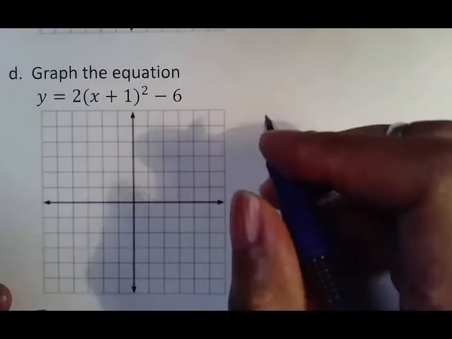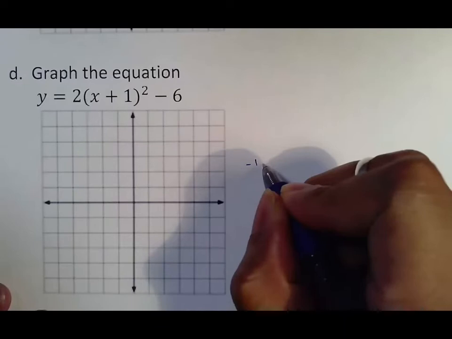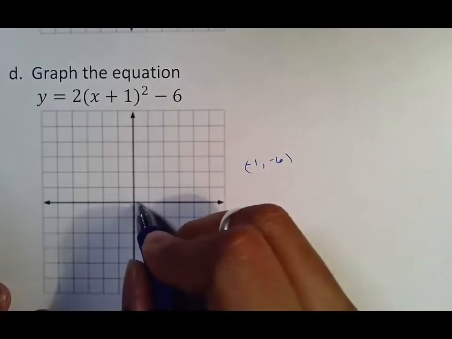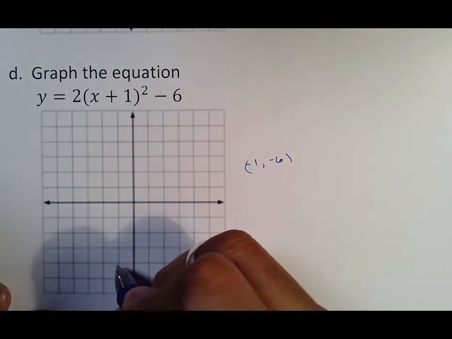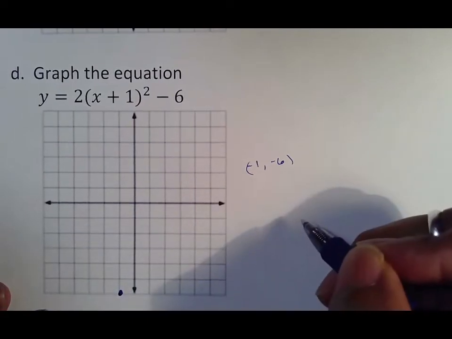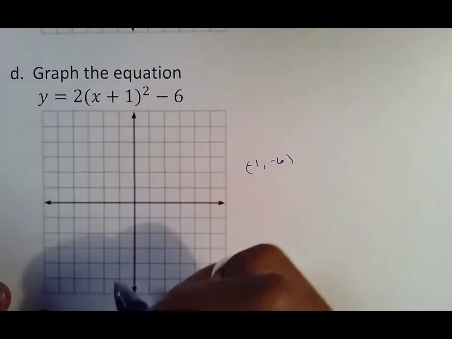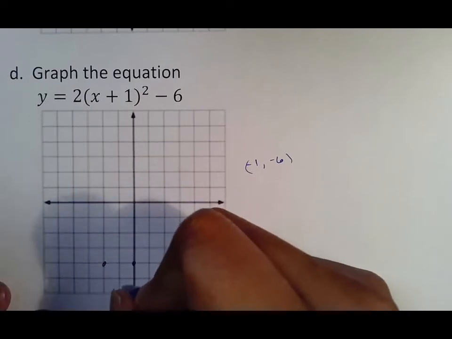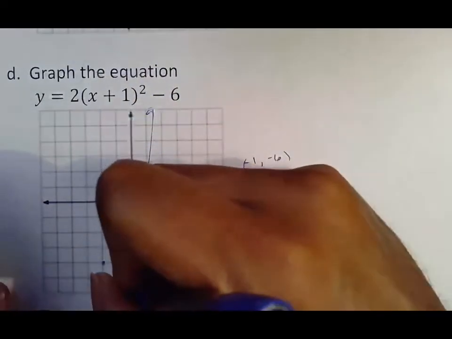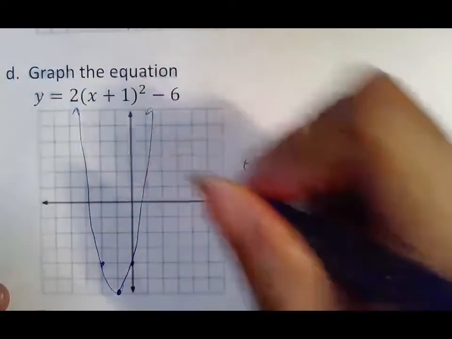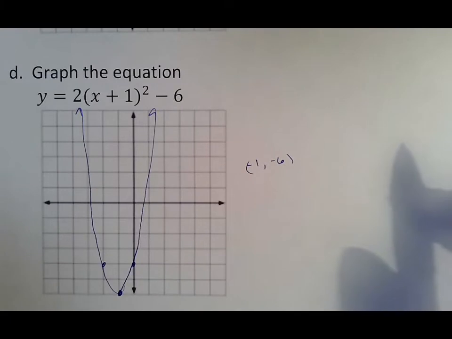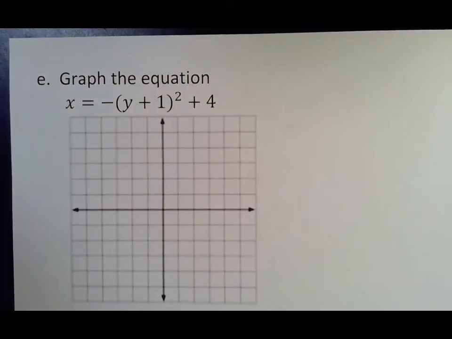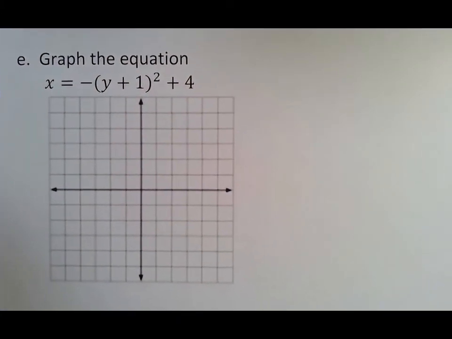So looking at this one again, your vertex here is -1, -6. So -1, 1, 2, 3, 4, 5, 6. So that's my vertex. And then this 2 means over 1 up 2, because remember it works like slope, over 1 up 2, and so your graph kind of does something like this. And I don't need you to go too far into all that stuff. Again, we've already seen parabolas, and at this point the main thing we want to do is make sure we kind of view it in the idea of being in the family of conic sections,